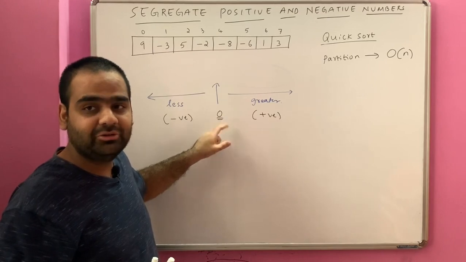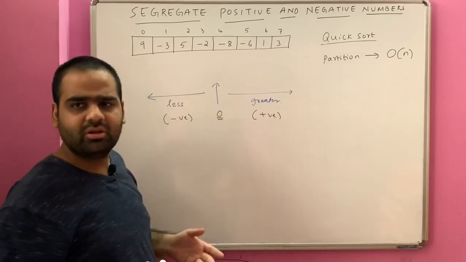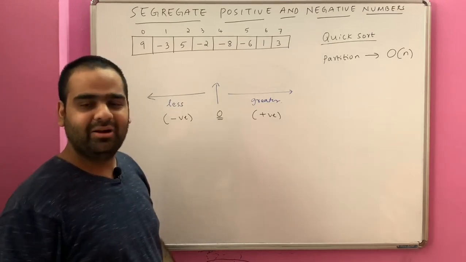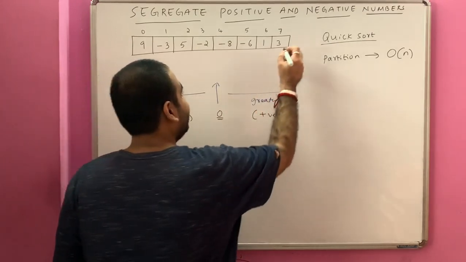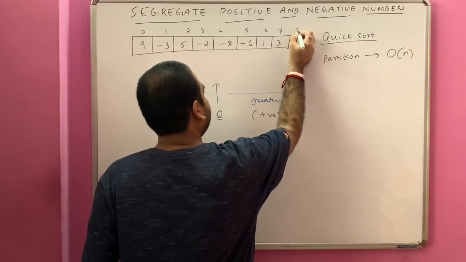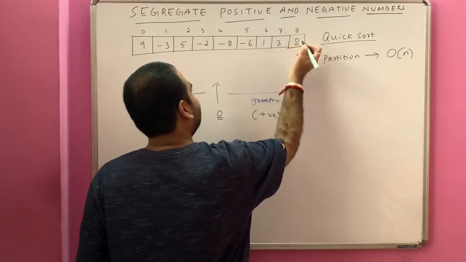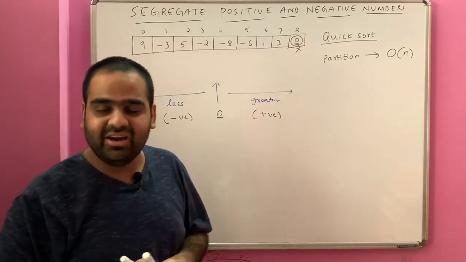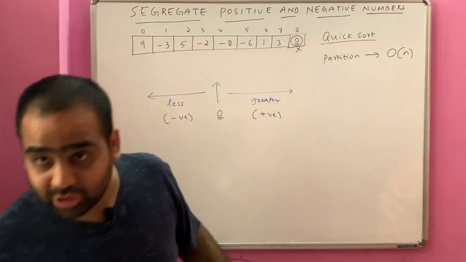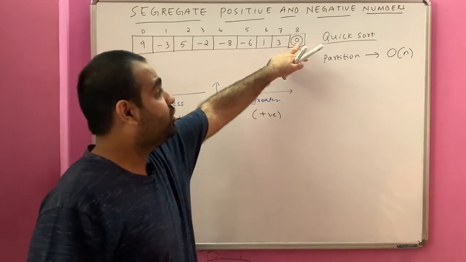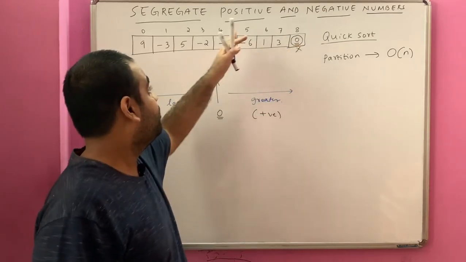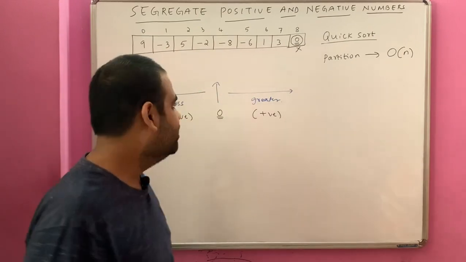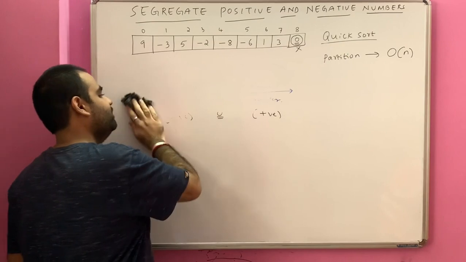With pivot as 0. Now you might say, sir, 0 is not there. Okay, 0 is not there. What we will do? We will take 0 as the pivot. At the 8th index, let me add an element 0. This is not given, this is not part of the input, but I will add 0 virtually. 0 being the pivot, it is placed at such a position that all the elements on the LHS of 0 will be less than 0, and all the elements on the RHS of 0 will be greater than 0.